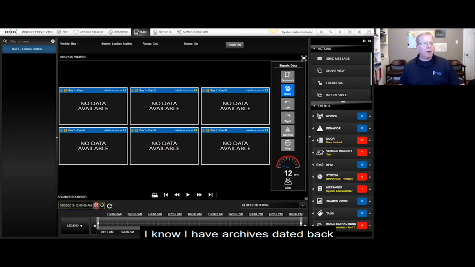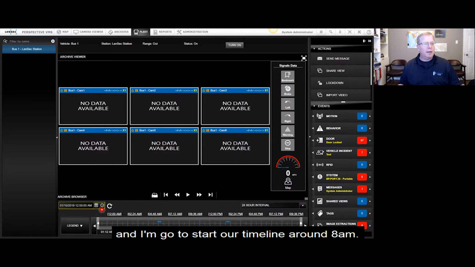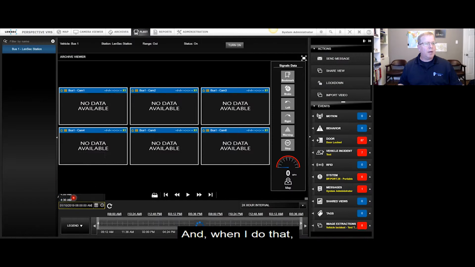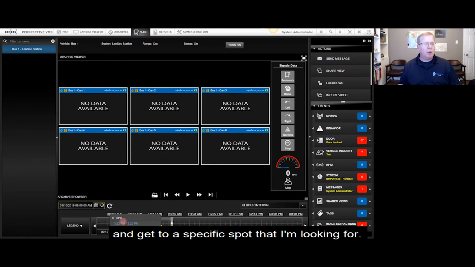I know I've got archives here dated back on January 10th. So I'm going to go to that date, and I'm going to start our timeline here around 8 a.m. Okay, and when I do that, it starts to show me some information here that's helpful. I can use this timeline across the bottom to narrow down my window and get right to a specific spot that I'm looking for. Also, I have the ability here to hover over these